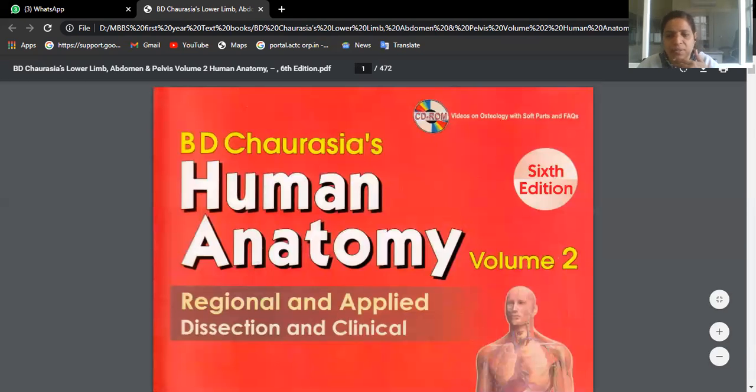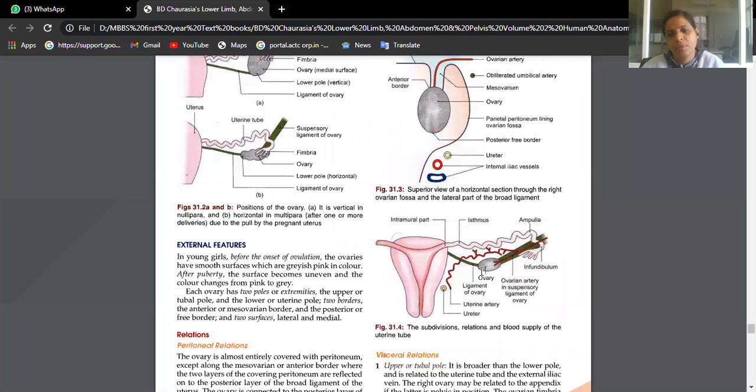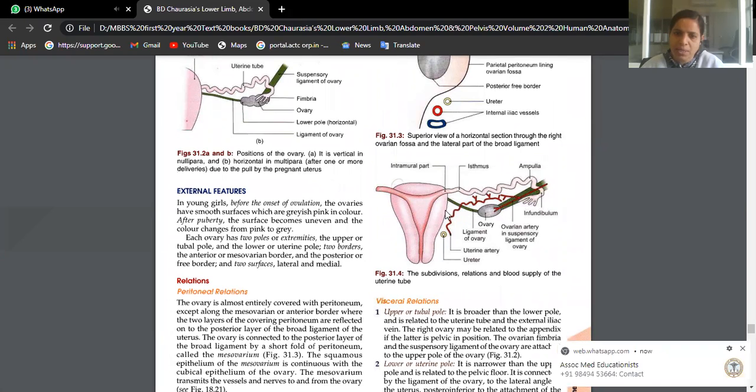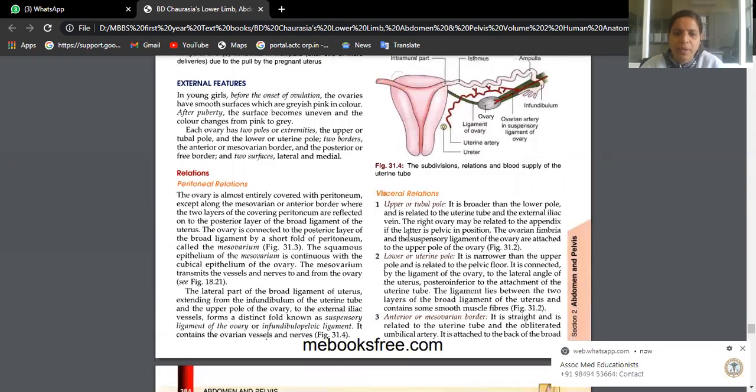See here better. See ovaries. Ovaries are present in the peritoneal cavity, and the ovary is covered by a peritoneal fold called the mesovarium. And the ovary is suspended by thickenings of these folds, which are called ligaments. So we have the suspensory ligament of the ovary from the upper pole towards the posterior abdominal wall, and then one more ligament, the ligament of the ovary, coming from the lateral aspect of the uterus to the lower pole. Okay, then we have visceral relations.